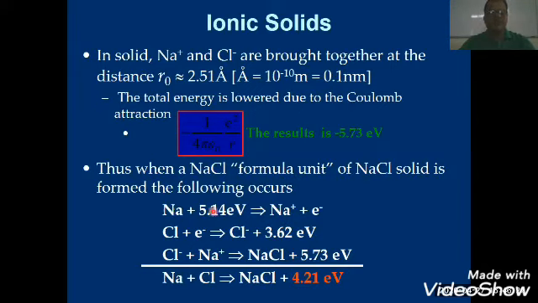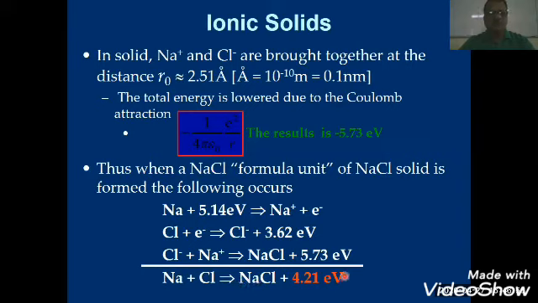First step, energy is absorbed to remove an electron from sodium. In the second step, energy is released when an electron is added to a chlorine atom to produce a chloride ion. And in the third step, the sodium ion and chloride ion come together through electrostatic attraction, and 5.73 electron volt energy is released. So ultimately, when a sodium atom and a chlorine atom, obviously in the gaseous state, form sodium chloride, then